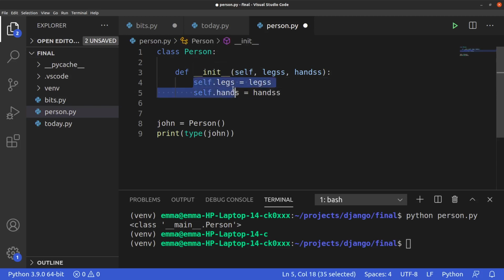So these are the attributes of the person that we are trying to create. We are saying that the person will have an instance attribute called legs, and another one called hands, and they will be equal to these values that will be inserted while we are creating the object. So when you are creating the object,